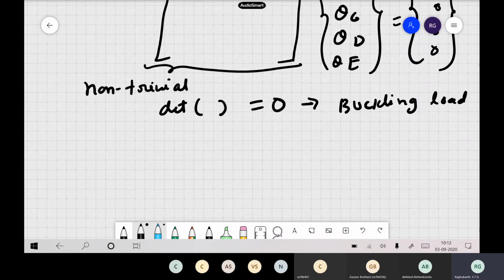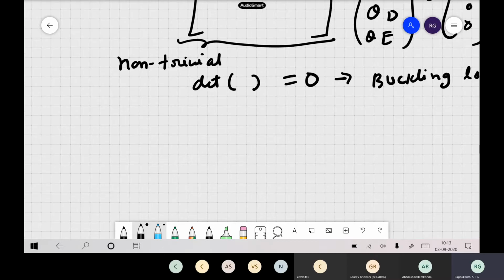Since this is a 4 by 4 matrix, you will have 4 roots, and there will be several roots corresponding to these, because inside your S1, S2 coefficients you have terms like tan beta, cot beta, and other things. So you will have 4 mode shapes, and for each mode shape there are an infinite number of roots possible from these transcendental equations.